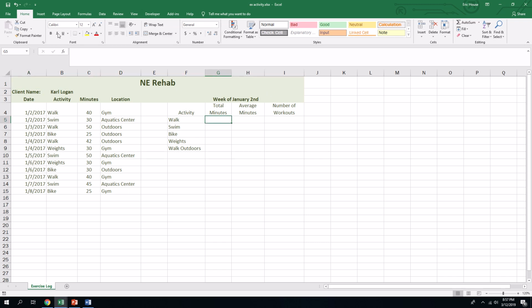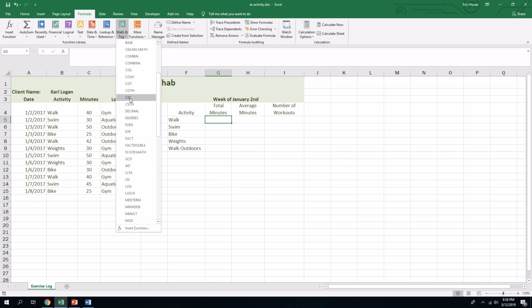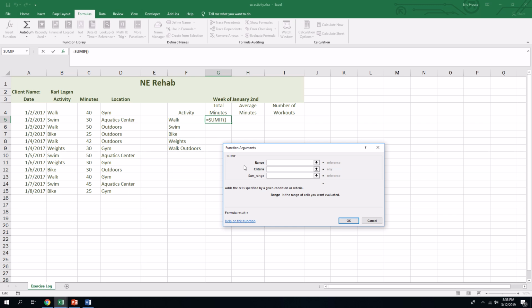So we're going to go to SUMIF, so go to your formulas options. And for this one, we're going to find SUMIF in Math and Trig. So scroll down, they should be in alphabetical order. So the SUMIF, so the first thing again is the range of the criteria. So we need to find out